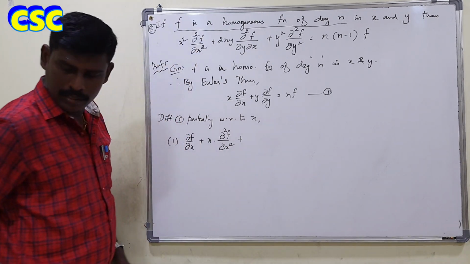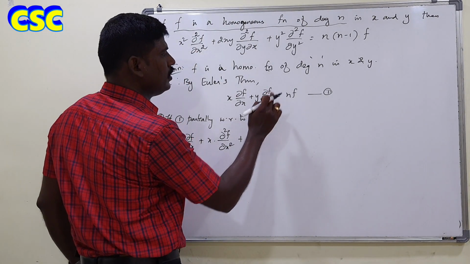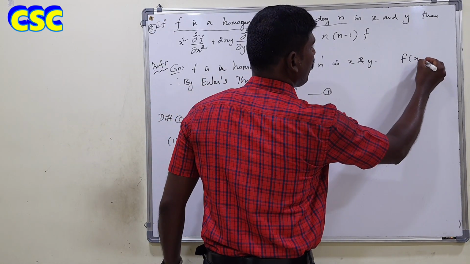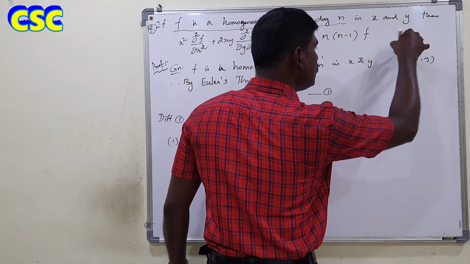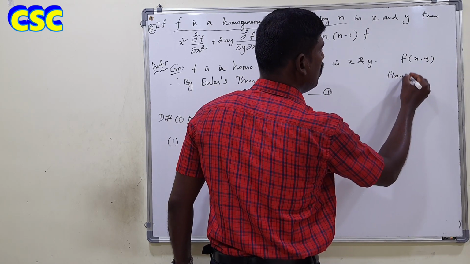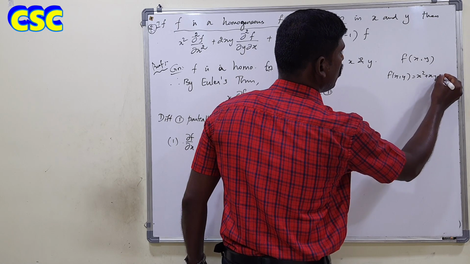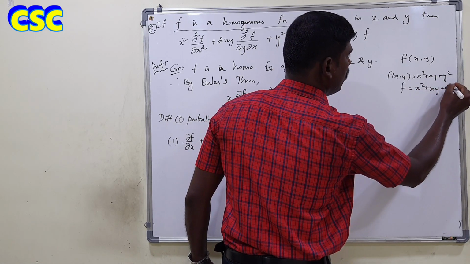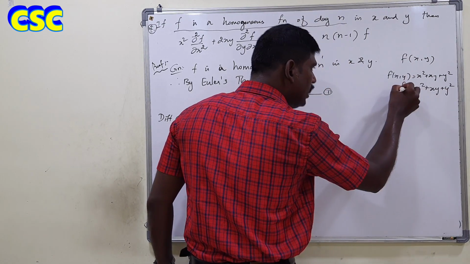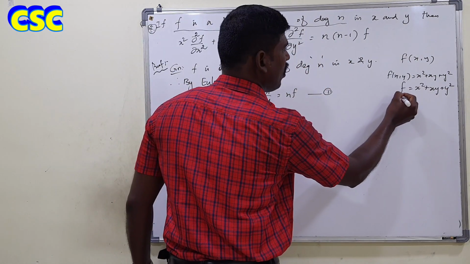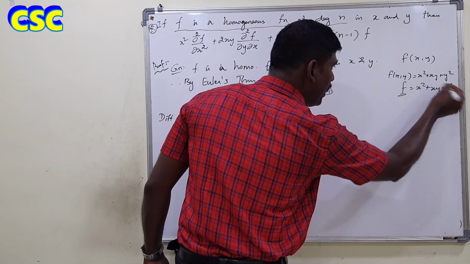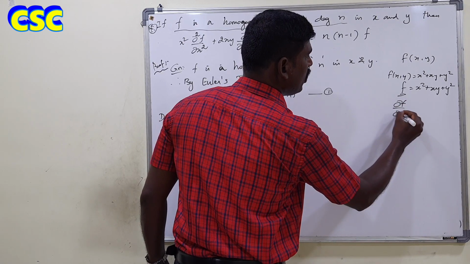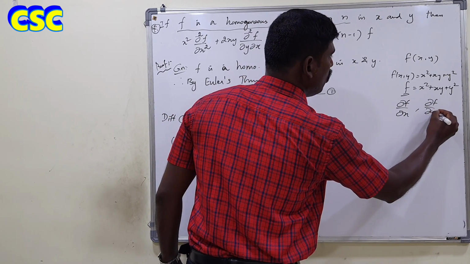Sorry, f is here, isn't it? And what is f? f is a function of x and y. x and y are inside the given function. For example, f of x comma y is equal to x square plus xy plus y square. This is f. So x and y are inside the function f, so f is not a single variable. f is the combination of x and y. So it cannot be 0 when we differentiate partially with respect to x and partially with respect to y.